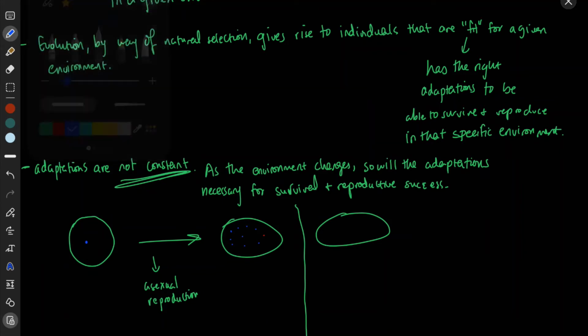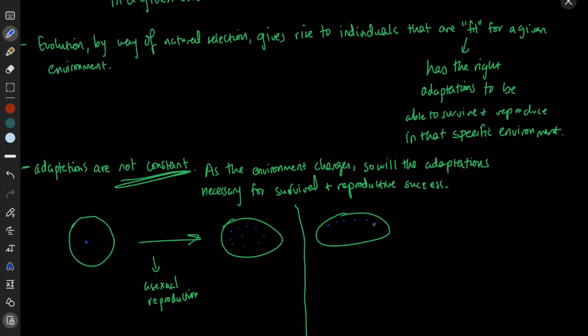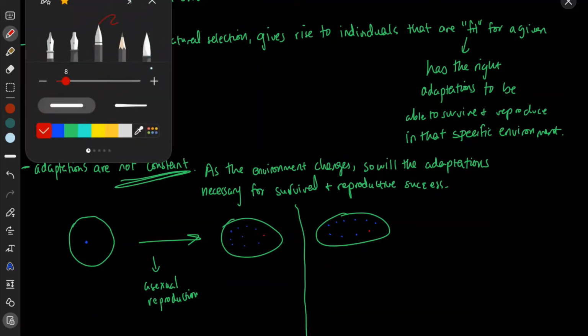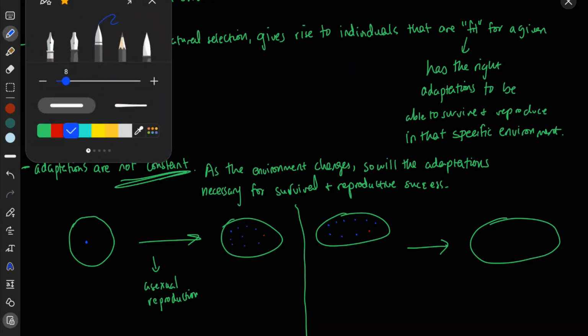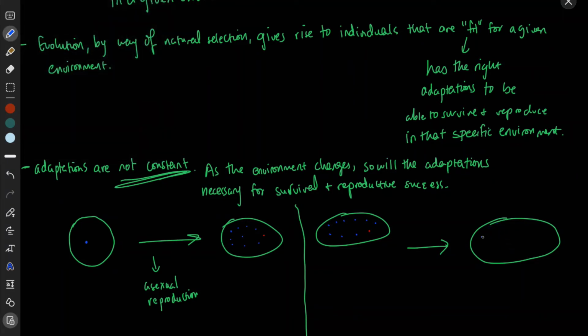Right? So 1, 2, 3, 4, 5, 6, 7, 8, 9, and then we have our little colony of antibiotic resistant gene containing bacteria. And so now let's say that we introduce antibiotics to this petri dish, right? So we have, again, let's go back to this blue. So we have 1, 2, 3, 4, 5, 6, 7, 8, 9, and we have